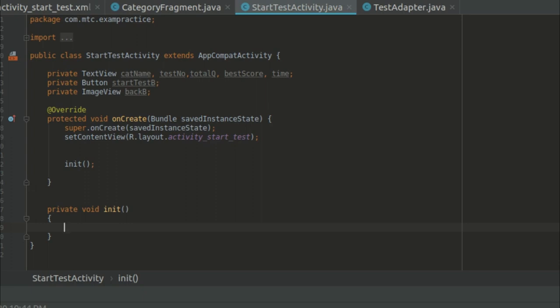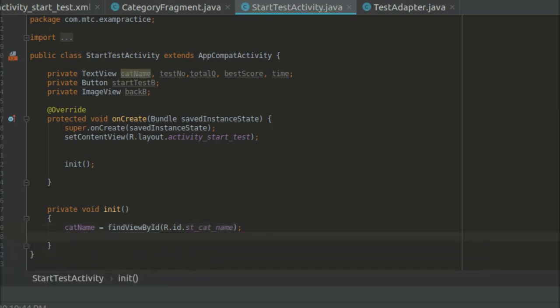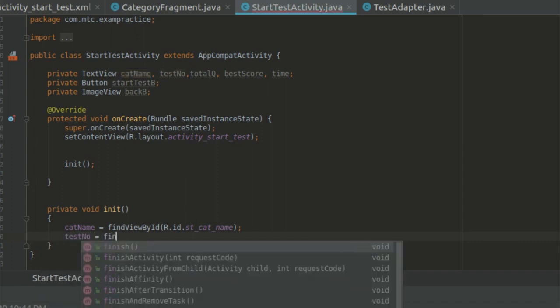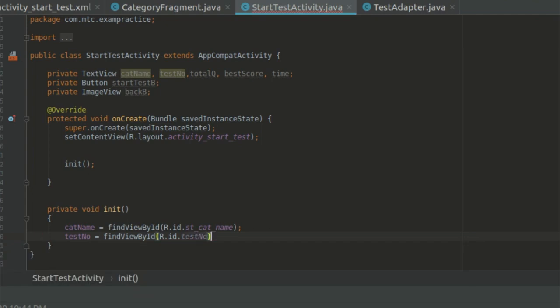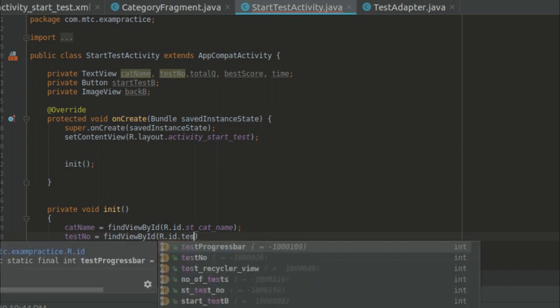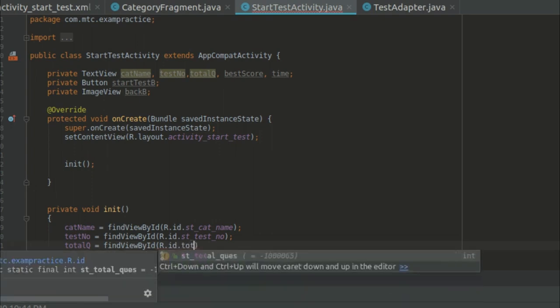That is category name is equal to find view by id R.id.st category name, then test number, find view by id R.id.test number, then total questions, find view by id R.id.st total questions,